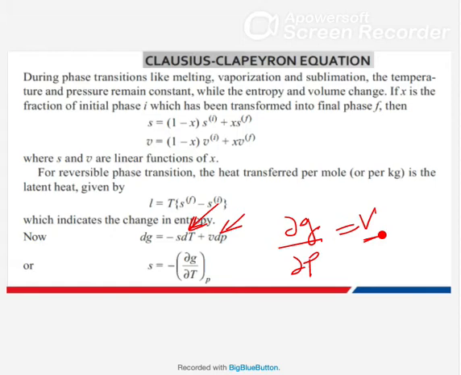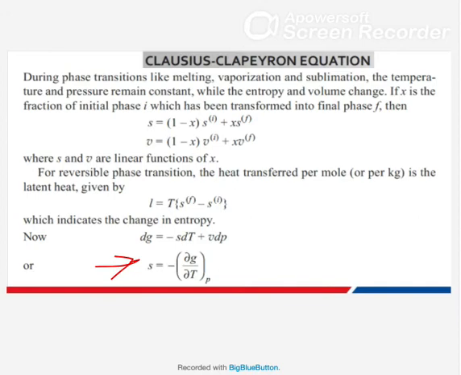Now you see, as we have seen, the Gibbs function tells us about the phase change. And in a phase change, there is a change of entropy and a change of volume. So see how mathematics is following the physics. Physically we know entropy and volume will change, and mathematically it is also telling you there will be a change in volume. One is giving you volume, one is giving you the entropy. Now let's see what this particular thing is telling.